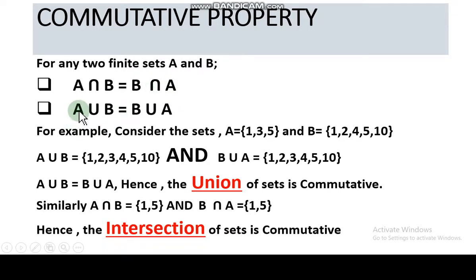Then A union B is equal to B union A. So intersection and union of 2 sets are commutative. For example, let's consider the set A with the elements 1, 3, and 5, and the set B with the elements 1,